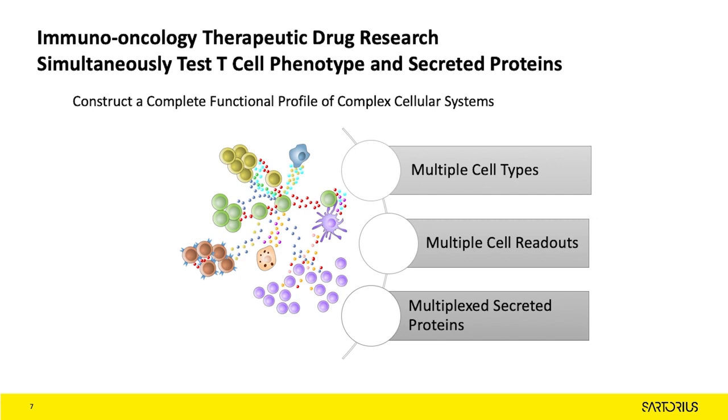To further develop these kinds of drugs, there is a need to be able to fully assess how they work in terms of characterizing their effects on T cells in physiologically relevant assay models. Assaying on the IQ allows for the analysis of multiple cell types and provides readouts including T-cell phenotype and secreted proteins such as cytokines. In order to fully explain how these capabilities help in T-cell characterization and ultimately better drug design, I will now give a brief summary of the important stages of T-cell biology, which are the main focus of the therapeutic drug discovery process.